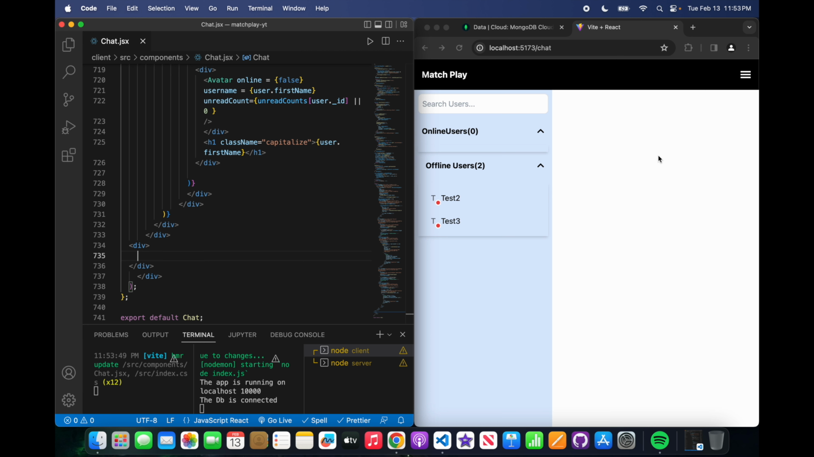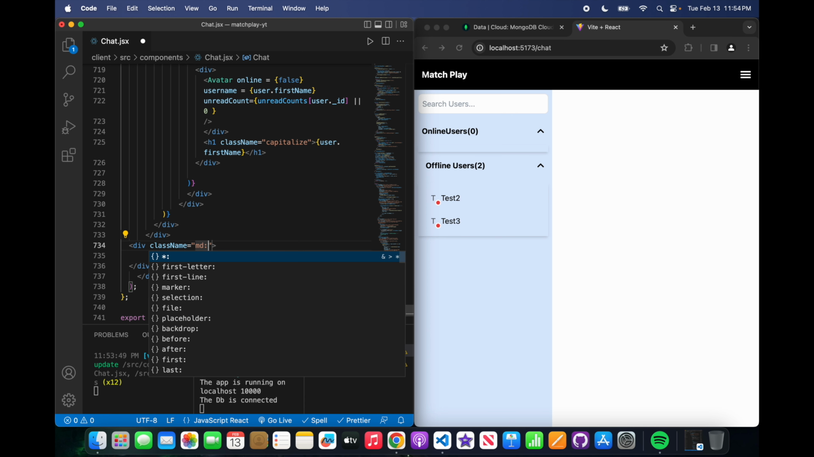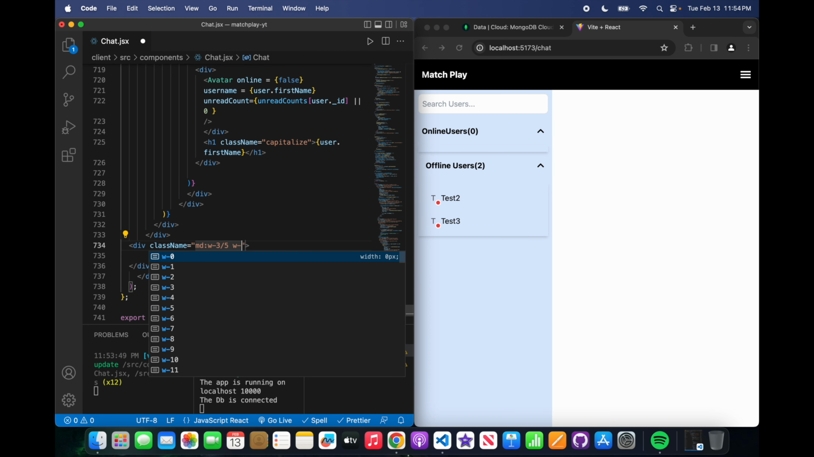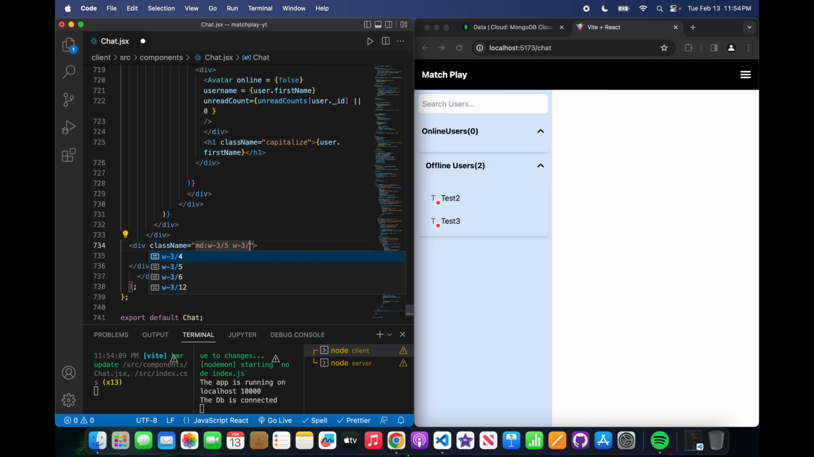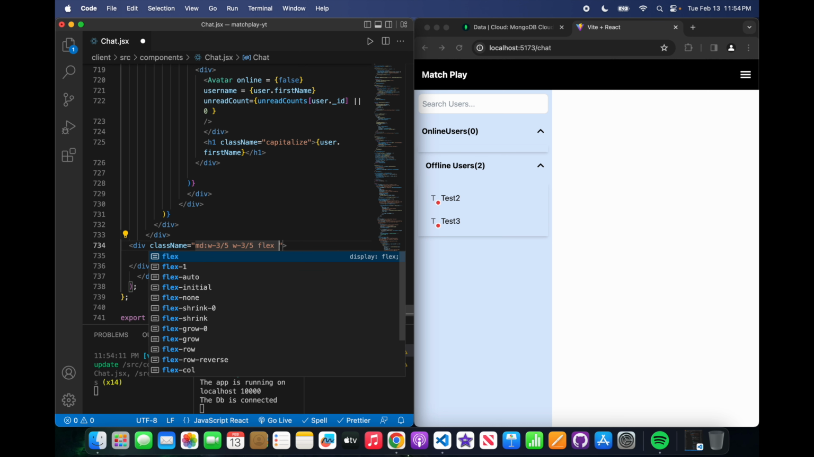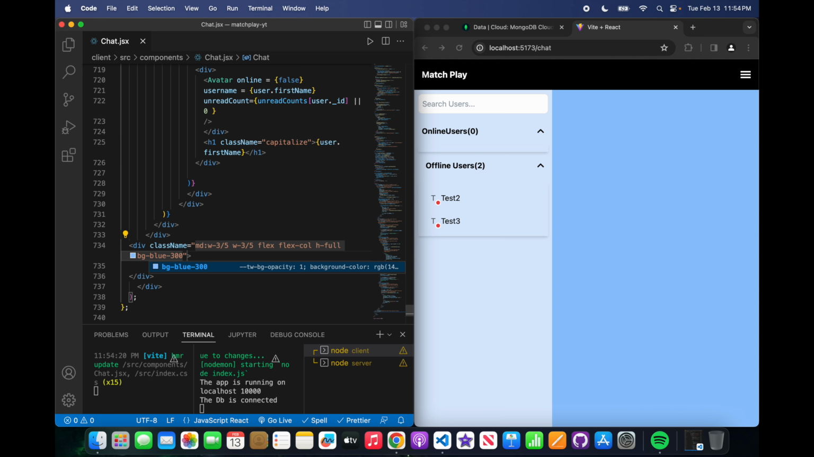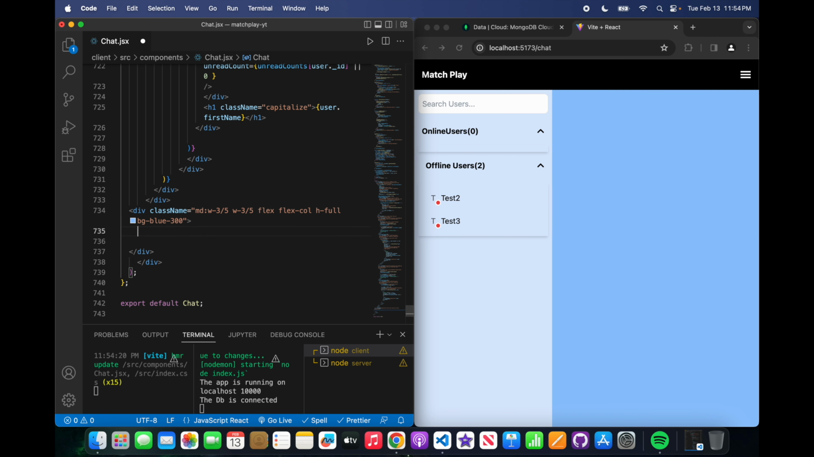And this is going to create the message column. So to start it, we're just going to say div, class name medium width of 3/5. And we're going to have a flex column. The height's going to be full. Background is going to be blue 300. There we go. And here we're going to be using something called selected user, and if there's a selected user,